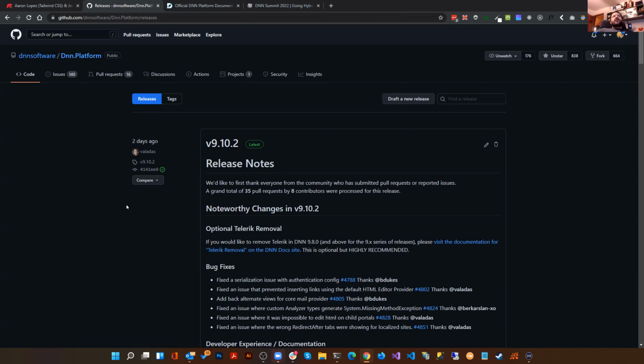Did we decide if we're going to do a forced removal or just not distribute it? I think it was a forced removal in 9.11, just to keep from having to go to a major version and then quickly follow up with another major version right after that, because we've got a lot of other bigger ticket items that are on the hook for the major release. So it's a little bit off from the normal semantic versioning, but again, it just helps a little bit with the organization of things there.